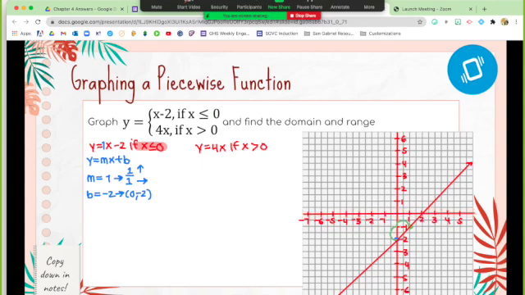Now, since its x is less than or equal to 0, that means it has to be either starting at 0 or it has to be a point on the x-axis that's smaller than 0. And so that includes the x values -1, -2, -3. So it's all of these points right here that are being